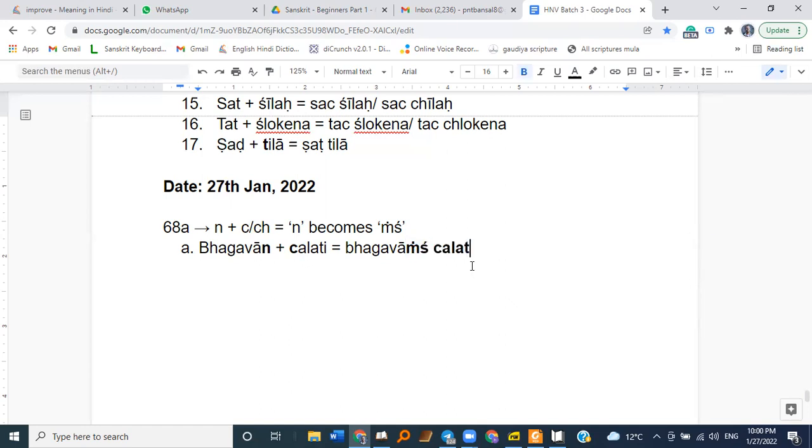Bhagavansh Chalati. This sandhi is also quite common, frequent. Then Bhagavan Chalati. Another example Jiva Gosvāmī gives is Bhagavan Yukta Chalati. Yes, Prabhuji? So, Prabhuji, is there a specific condition on whether it should be Vishnu Chakra or Vishnu Chapa,